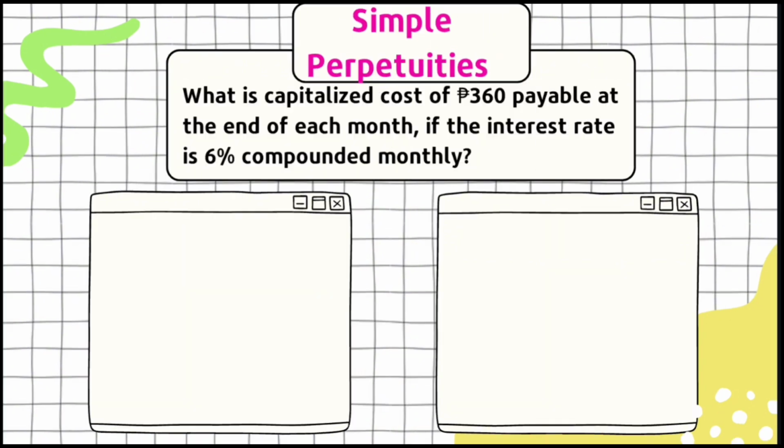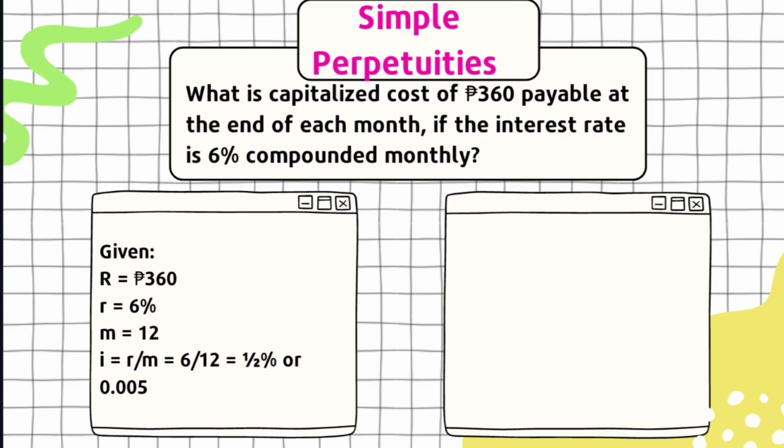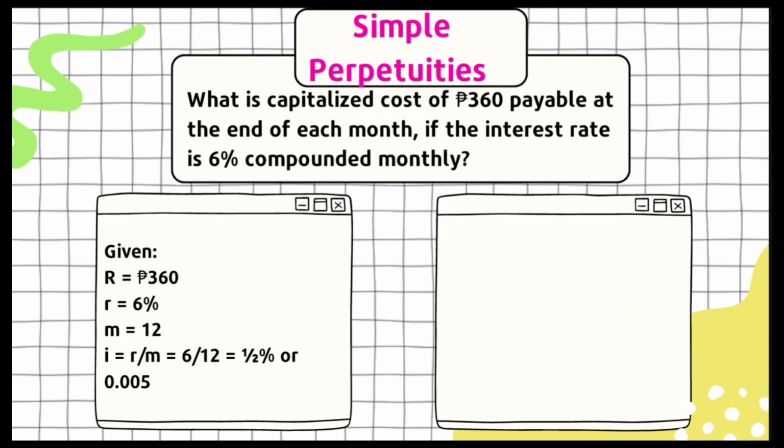So let's try this example. What is the capitalized cost of 360 pesos payable at the end of each month if the interest rate is 6% compounded monthly? So our given is R is 360 pesos, r is 6%, M is 12 since it is compounded monthly, and i is 1/2% or